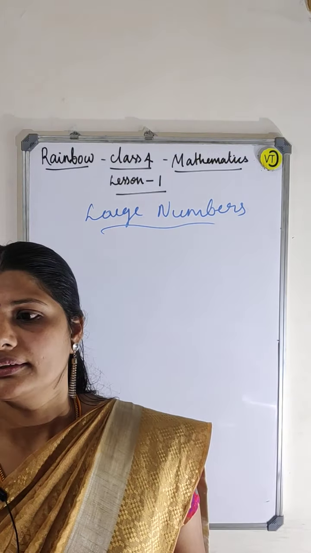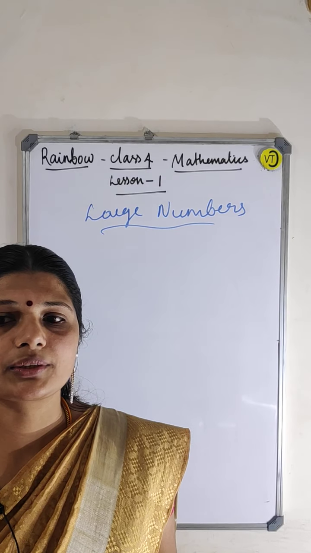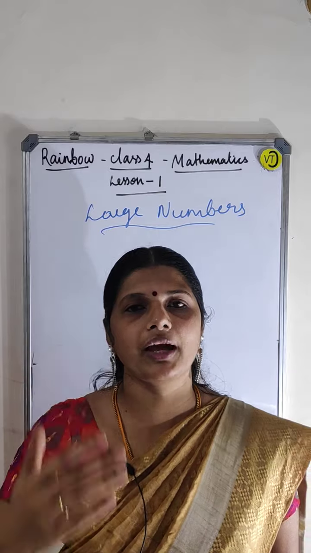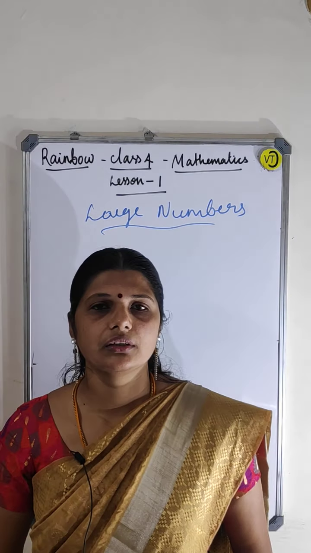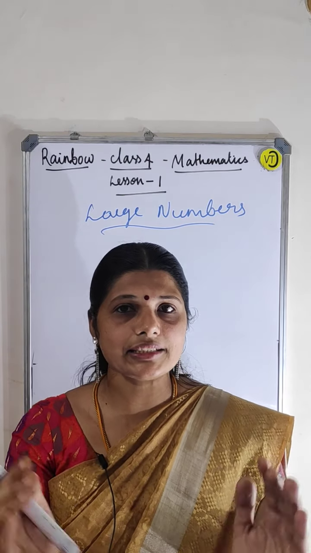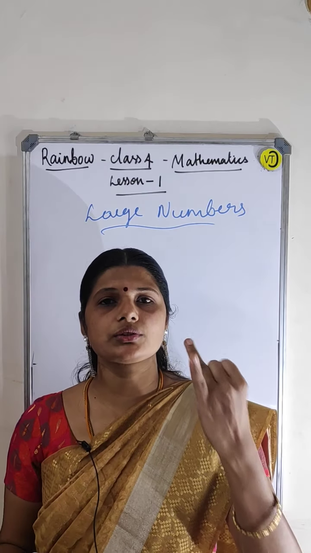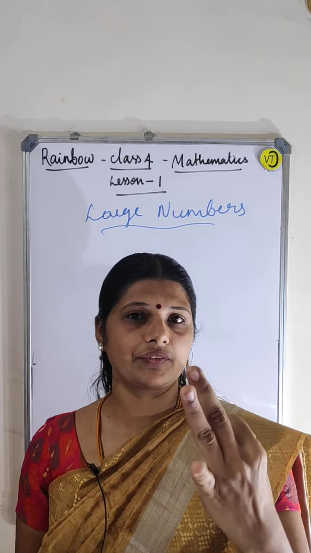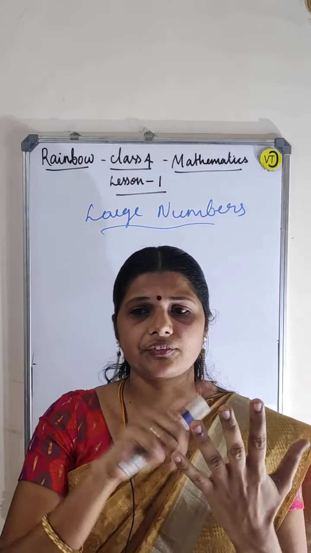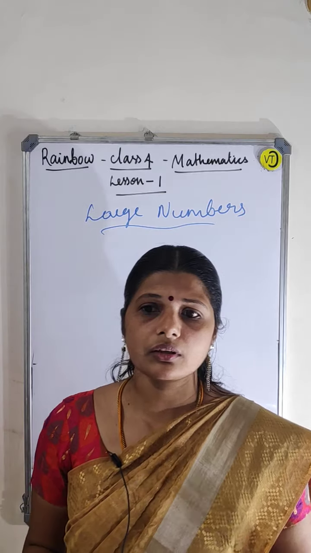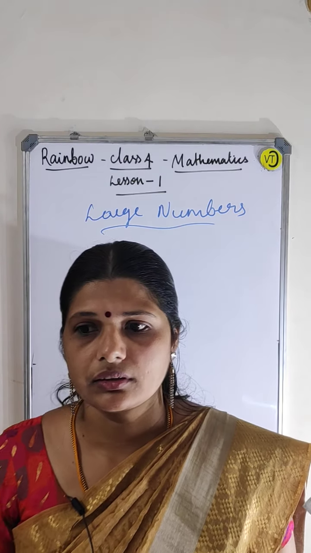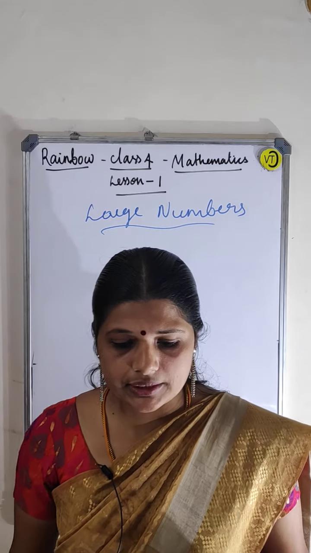Okay, then the last topic is Roman numerals. Roman numerals you have already seen. Okay, what is actually the Hindu Arabic system? It has 10 digits: 0, 1, 2, 3, 4, 5, 6, 7, 8, 9. In the Hindu Arabic system you have 10 numbers here. The Roman system uses only 7 symbols to represent the numbers here.